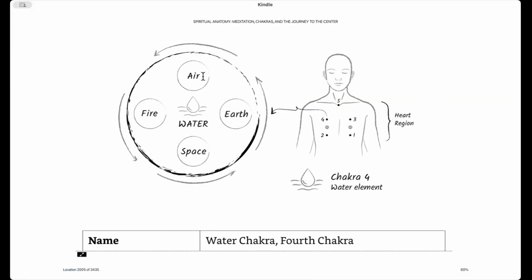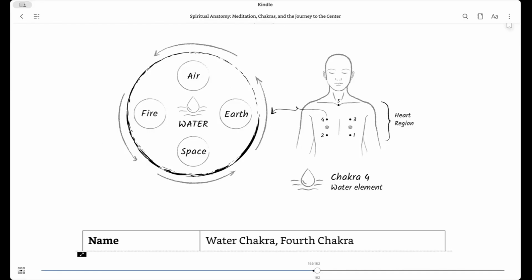So when you look at the fourth chakra, the center, the major point, being the water, and then the top air, which is the next point, and then you come like this. So like I was showing you, telling you earlier,